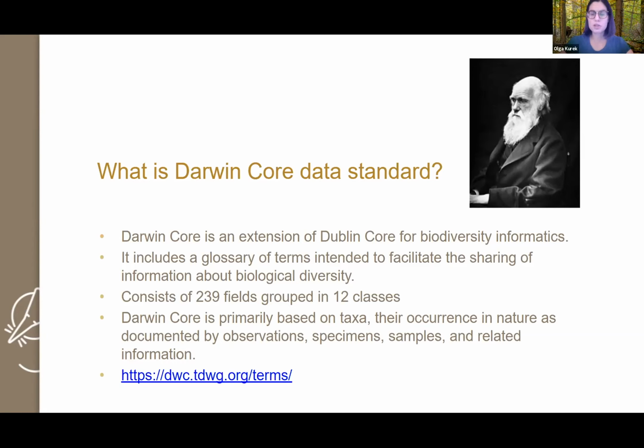And what can we describe using the Darwin Core standard? It is primarily based on taxa. We can describe species, their occurrence in nature, different observations, samples, or other related observations. I've got a full list of terms under this link that you can see later.